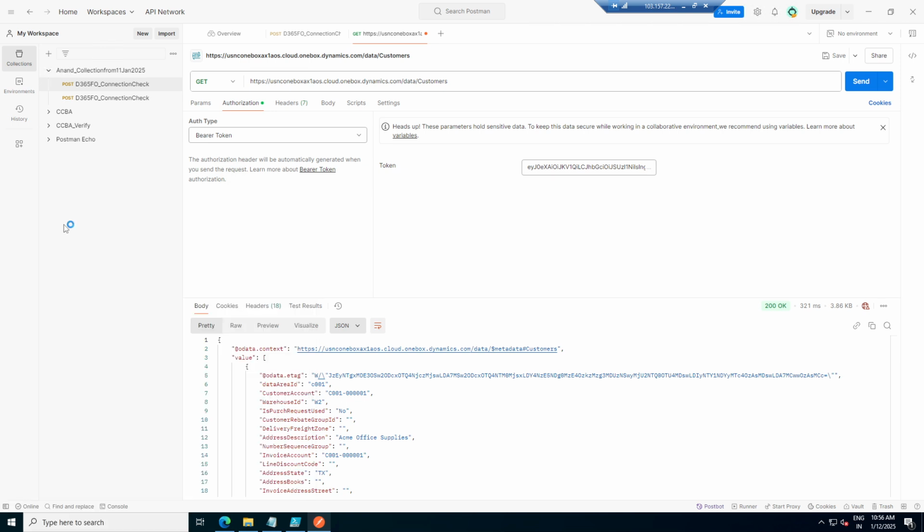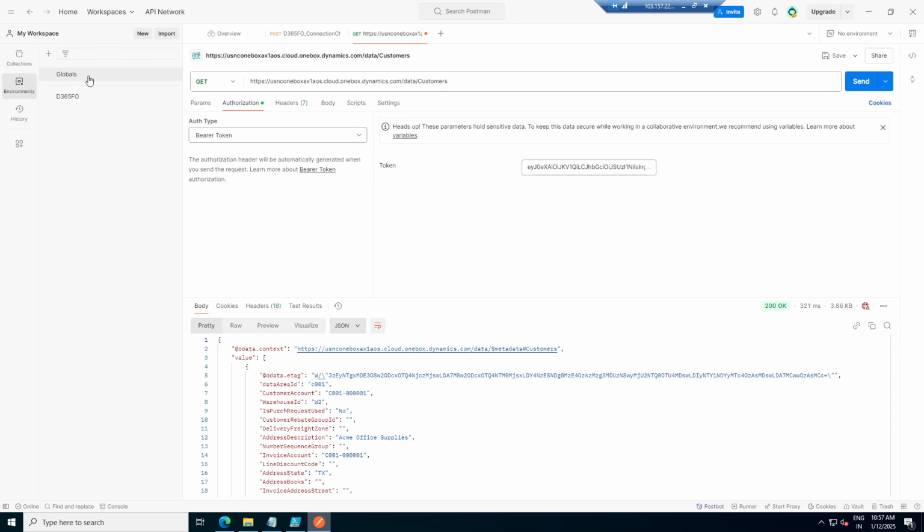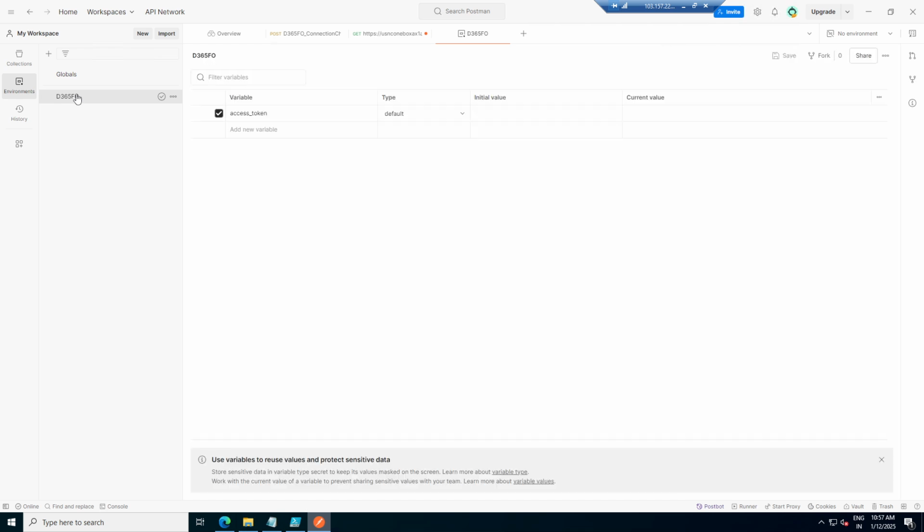If you click on it, you will be asked to log into this environment, and from here you can click on the new button. This is specifically for a blank collection, but if you click on the new button you will get HTTP request, and you can create a separate environment. I've already created an environment. If I go here, you will see there is a global environment which is given to you by default, and a D365 environment where I have worked. I will come to what the access token is and all those things, but firstly,